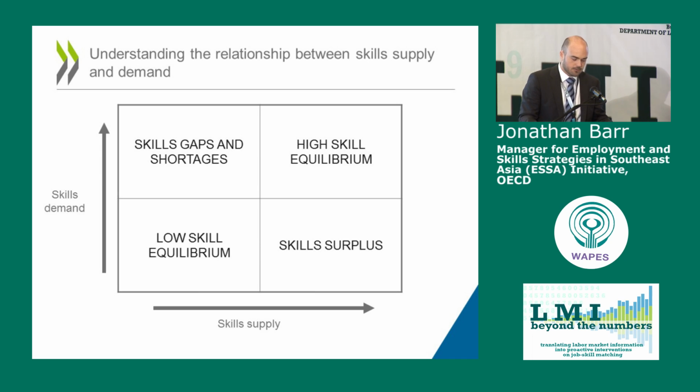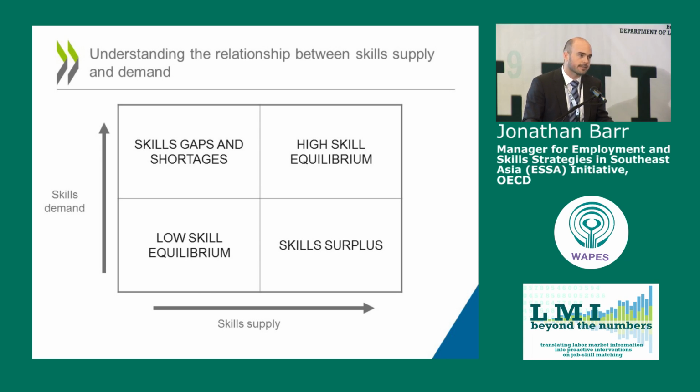And then outside of those, you have skill surplus regions where there's a high supply of skills and employers are not utilizing those skills. And typically we see this as an area where there's a university or several universities or educational institutions in smaller towns, for example. And many university graduates will come out of the school and not be able to find a job that's commensurate with their skills, and they won't stay in that area. They'll go to a bigger city or to another area to find a job.